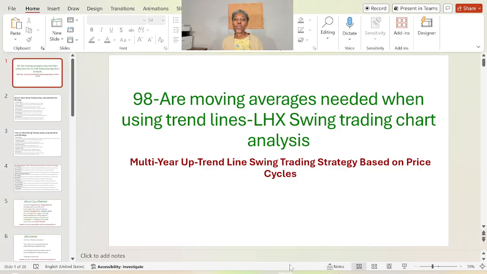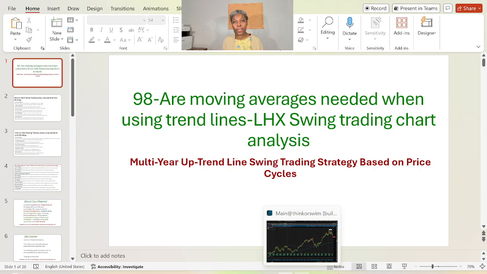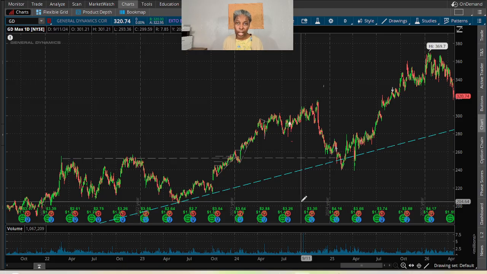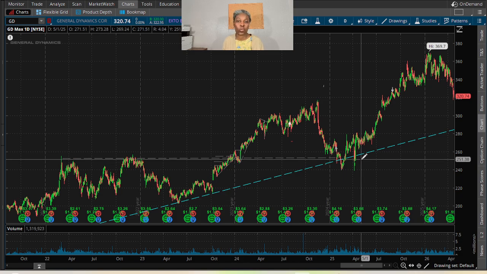Hello, are moving averages needed when using trend lines? Well, if you know how to use them, you can give them a try to see if they are usable, if they are useful for you when you are trading using trend lines. For instance, for the chart analysis, for the swing trading strategy that I use, using uptrend lines to swing trade,